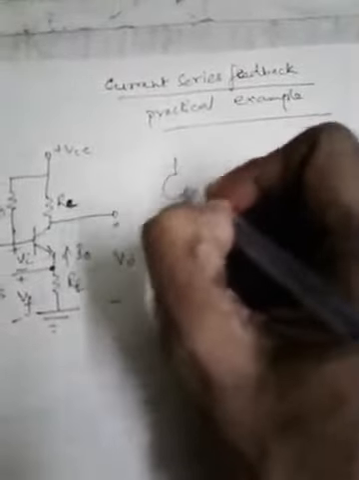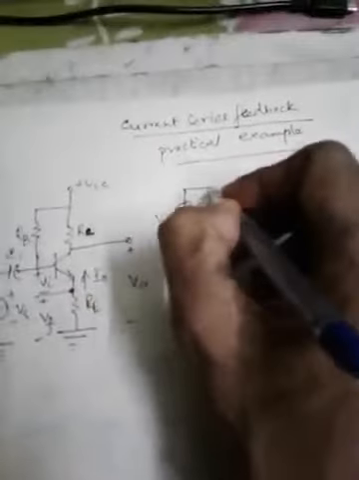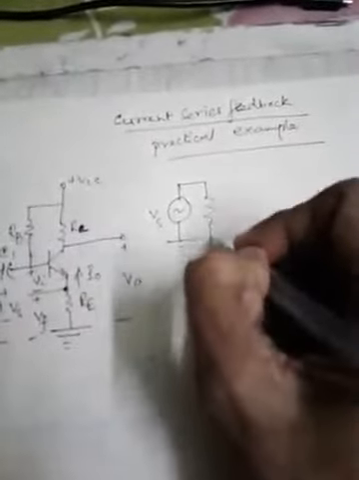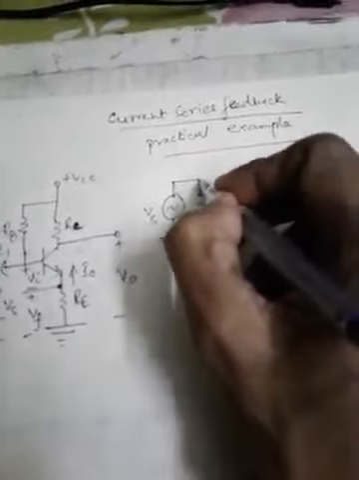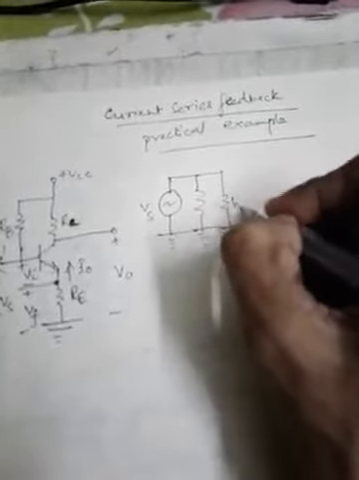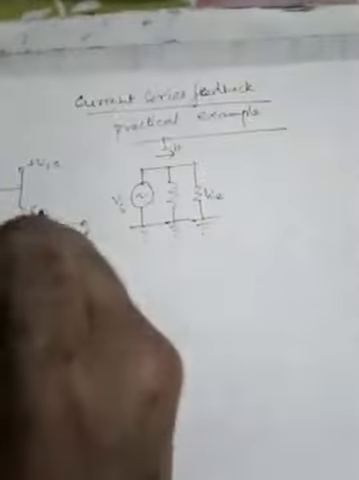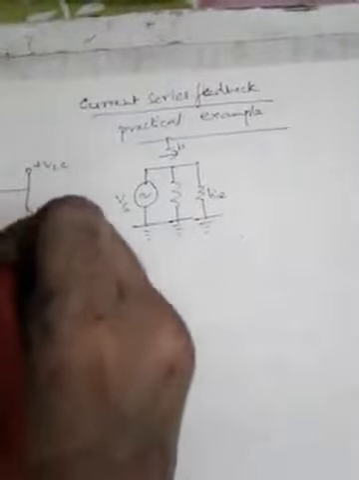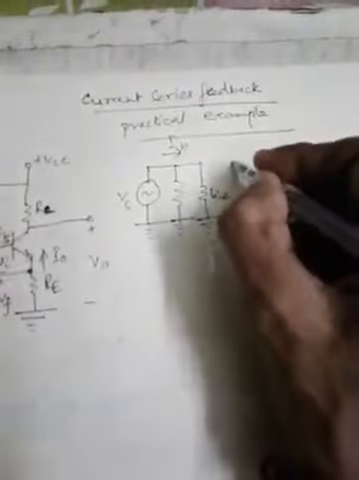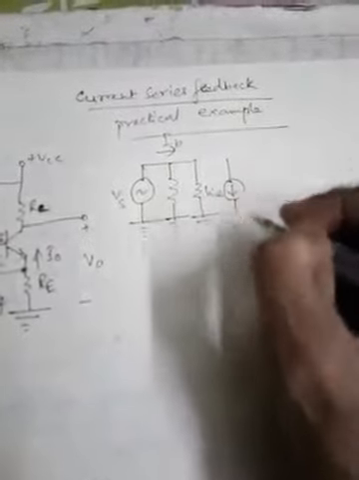The AC equivalent circuit of this particular circuit should look like this. This is Vs, the input signal. The RB resistance should come in parallel to that. Then the representation of the transistor should be like this. HIE is the input resistance and IB is the input current flowing in this direction. This is the direction where IB is flowing, and the output side of the transistor is a current source here,